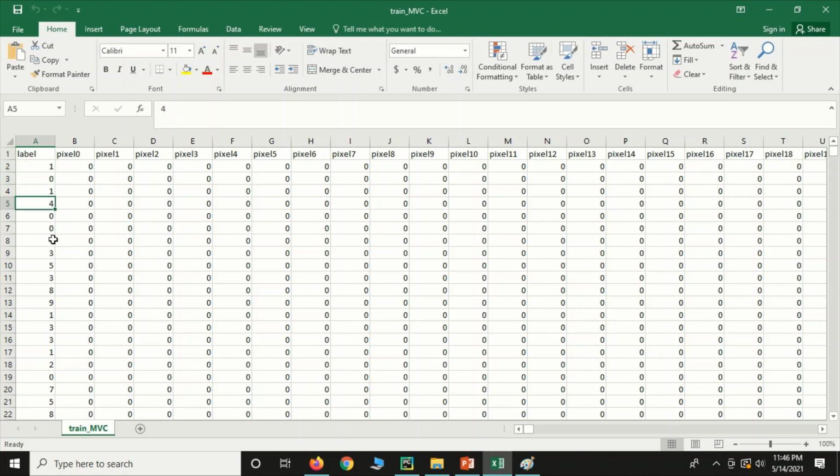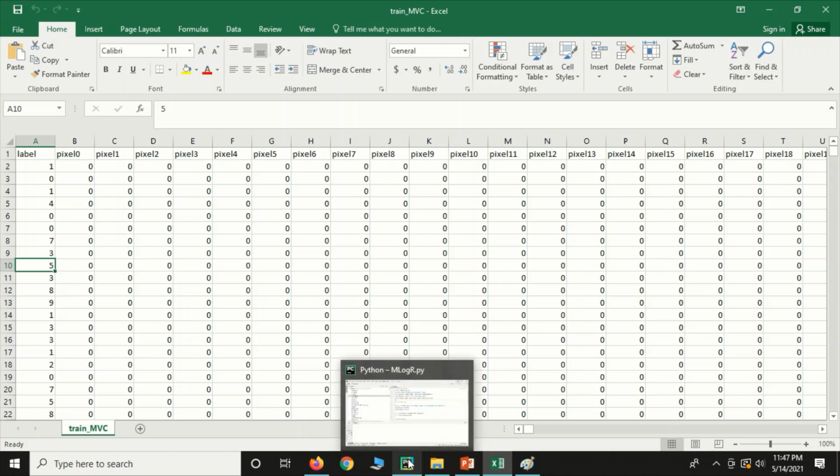In label, there are values like 1, 0, 4, 7, 3, 5 and so on. So there are many y values, many predictions. There will be a constant 10 numbers which repeat across the whole y value. So this is called multi-class classification. This is the data set which you're going to use.